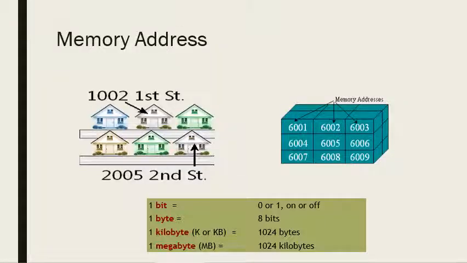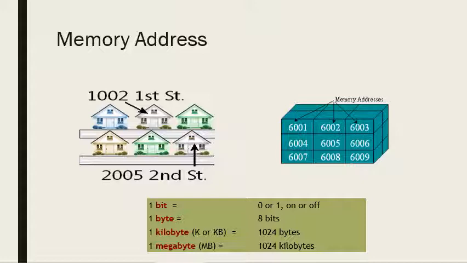We need a method of naming the place where main memory stores data. Each location needs a unique name, just like houses in a town need a unique street address. Rather than a street name and house number, memory addresses are just numbers. A memory address holds 1 byte of data, where 1 bit is equal to 0 or 1, that is on